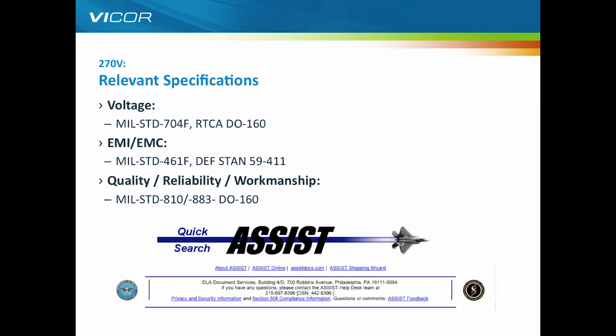Regarding 270 volts DC, in terms of the voltage spec itself, 704F is the latest incarnation as the US MIL standard. It should be noted that MIL standard F has a more tame input voltage and transient spec than previous generations. So if you go back to MIL standard 704D, then that had extreme excursions in voltage. So if you're designing for a specific system, you need to check which reference number it is that they are